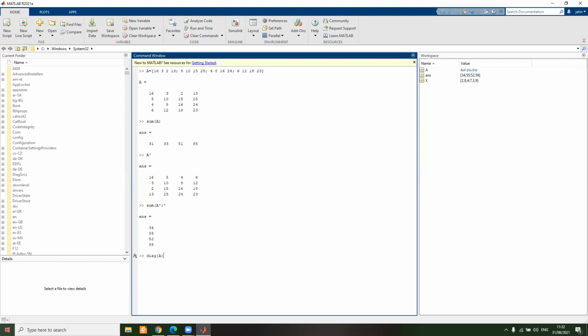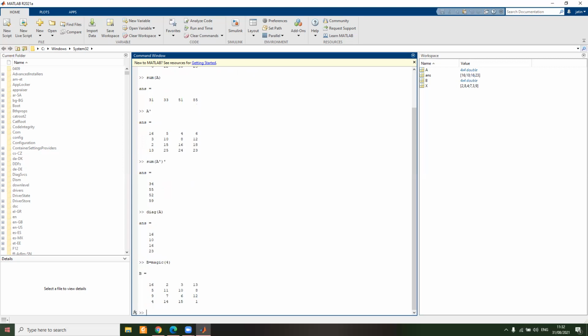So this is, we are calculating here, that is sum and diag. So we are producing here, the answer should be this one. Fine. So we need a sum. Suppose we need some magic. Magic. MATLAB has an inbuilt function, magic square of almost any size. Whatever size of magic square we want, it does it. Suppose we are writing here magic 4. So this is a magic of 4.